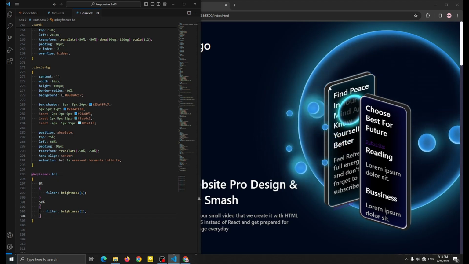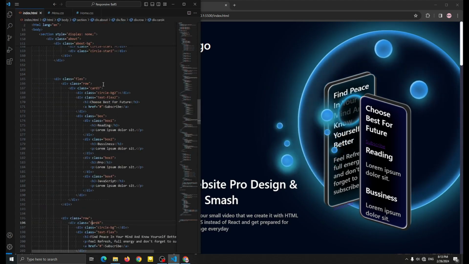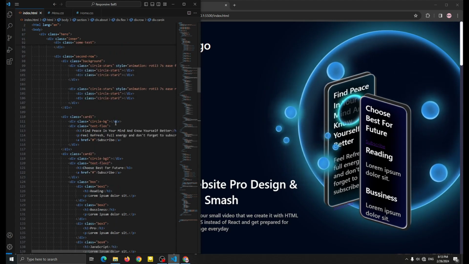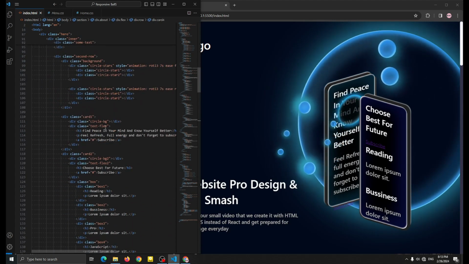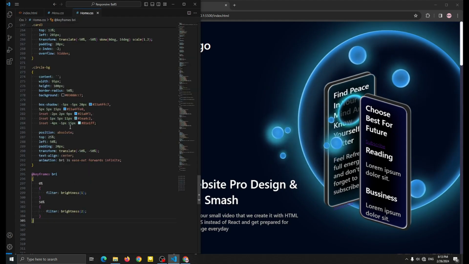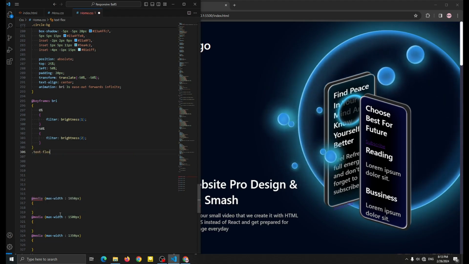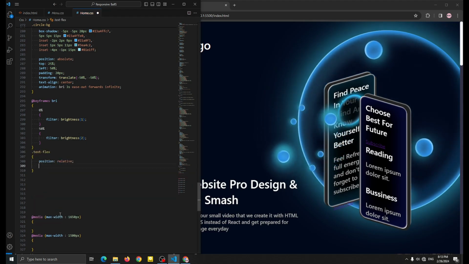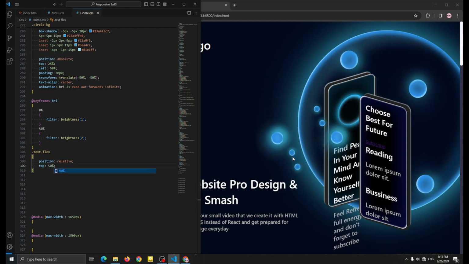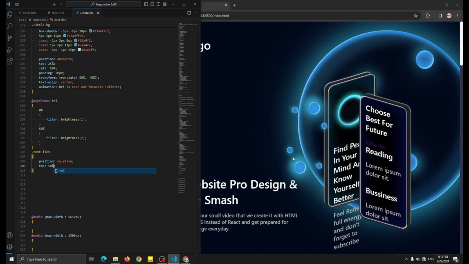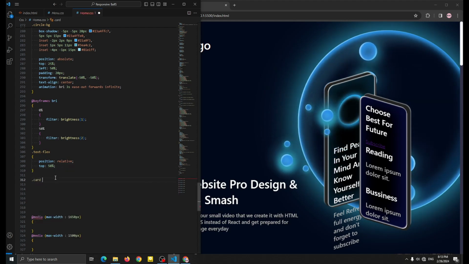Let's go for the text of this. So I think I named it text flex. Yes, text flex. So I'm just gonna add it here, position relative, text flex, position relative, and the top 50%. There we go, we have it here. And now let me just resize the font size to be small in this card. So first, starting with H3,